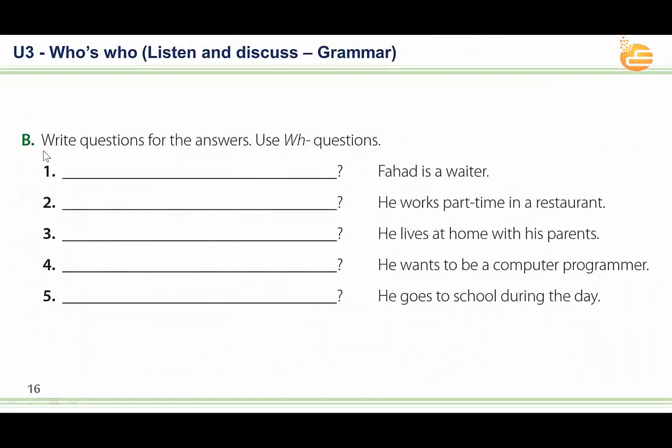Okay, we have another exercise. B. Write questions for the answers. So we have answers and we should make the questions. Use WH questions. Number 1. The answer is Fahad is a waiter. So I want you to ask about the job. What should we say? What